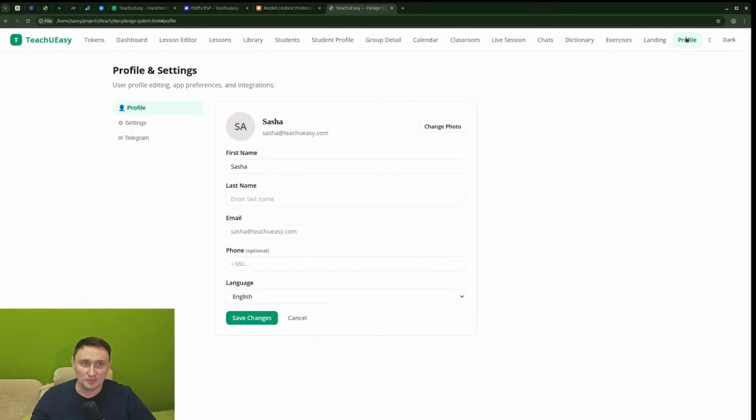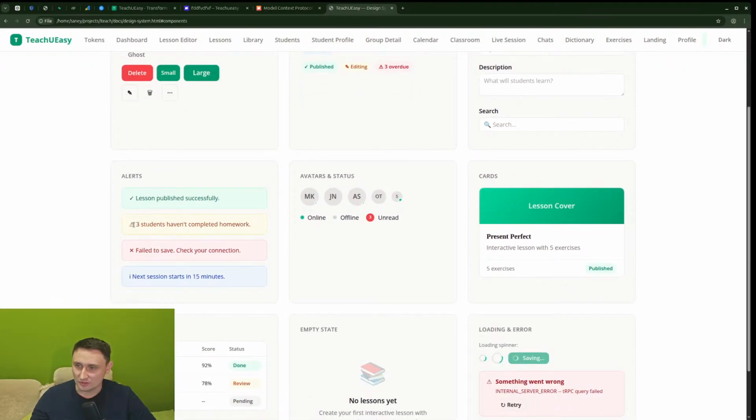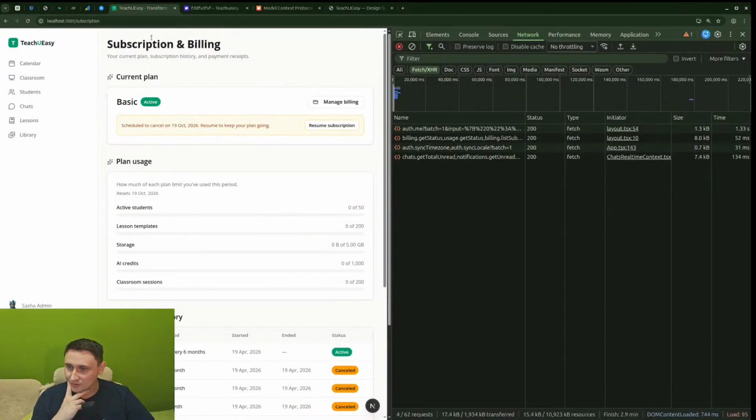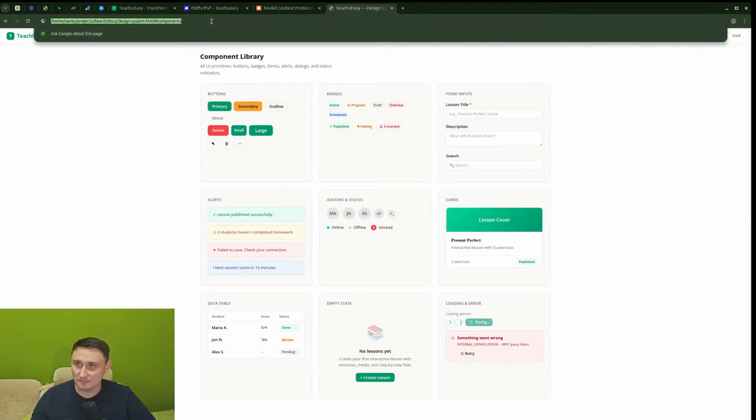Again, I will discuss it in one of the streams because there's so much going on there. It's a landing page, not important now. Profile, maybe, but no, I guess no. Yeah, it's a component library. So like about the grid button, it looks nice. Lesson cover nice, but you actually see here this alert. That's what I want it to look like. So I basically can say to it: